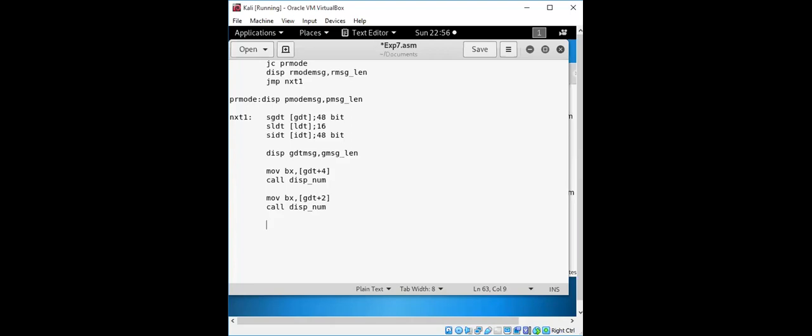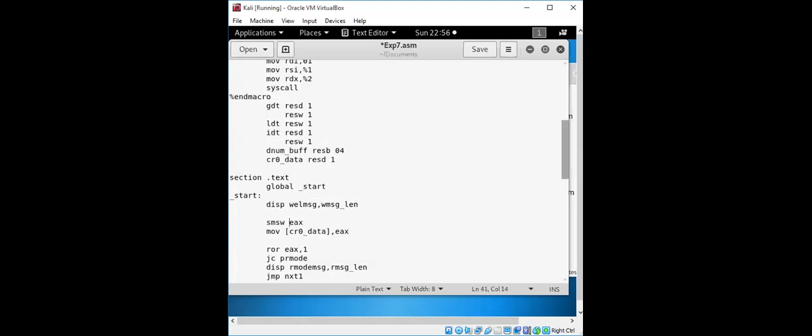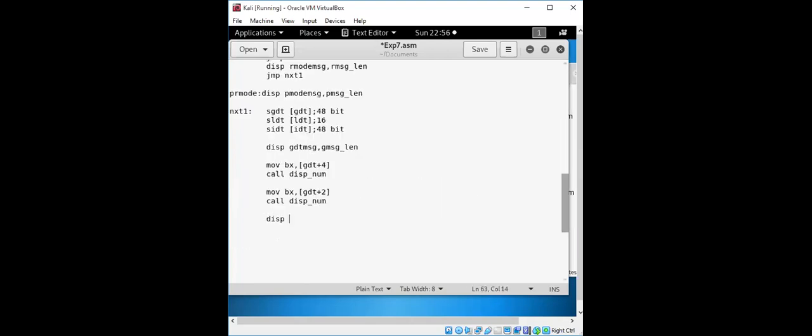For that, we need to display with formatting, maybe with the column message. With this column we can give the complete message with the bifurcation. How it will be done, we will also see. Ultimately the final contents of GDT, whatever we have retrieved, are ultimately 48 bit.